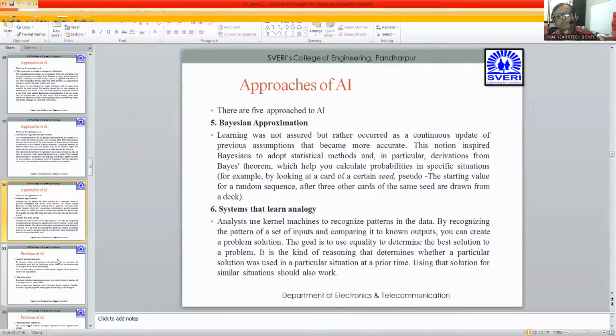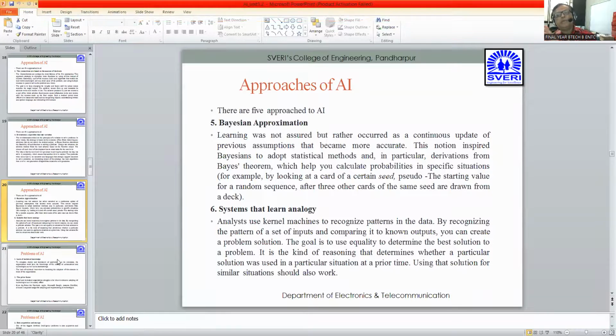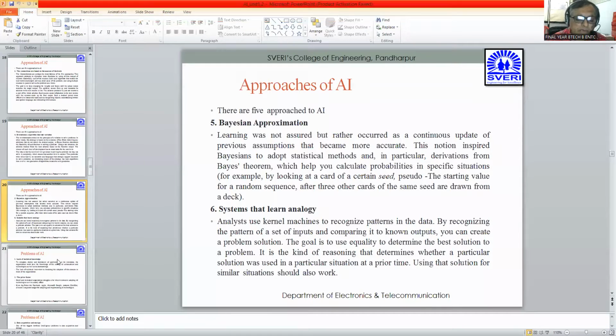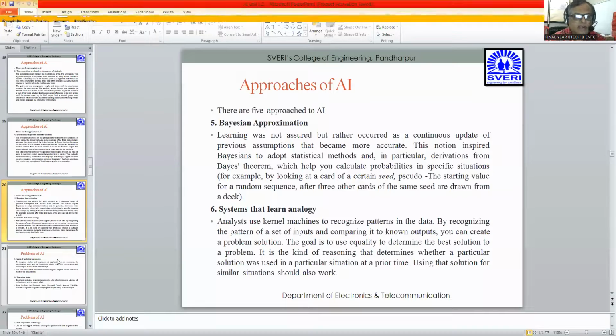So analogy is nothing but the example that you can correlate with the concept. If you remember the analogy easily, you can remember the whole concept. Similarly, the systems that learn analogy can get very good help in taking decisions. Obviously humans also learn from analogies, so the systems can also learn from analogy.